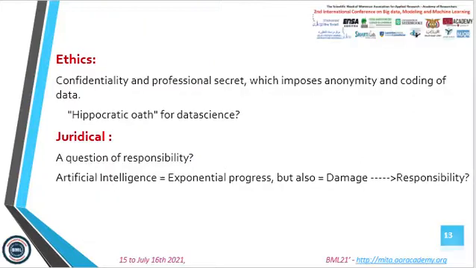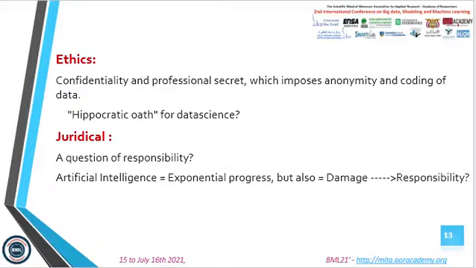The ethical consideration, which can be summed up in the medical field by confidentiality and professional secrecy, which imposes anonymity and data coding. Should we impose the Hippocratic oath on the data scientists? Who says ethics, says legal?